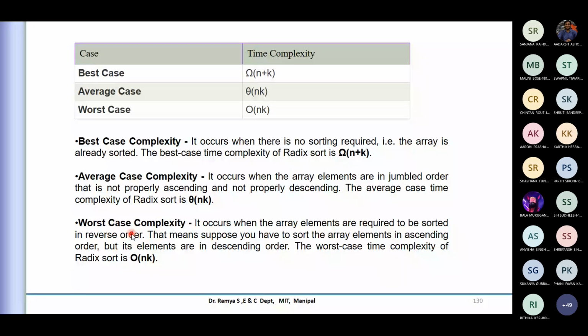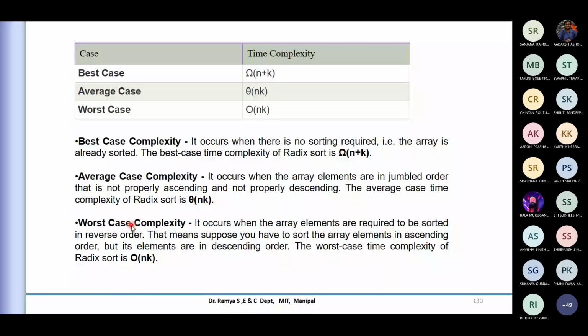So, how much time does it take to get the output here? In whatever the case, average case or worst case, you can see the complexity is n into k. It depends on the number. K is the radix system, and N is the length, how many elements are there. That is how the worst case and average case compare to the other kinds of sorting.